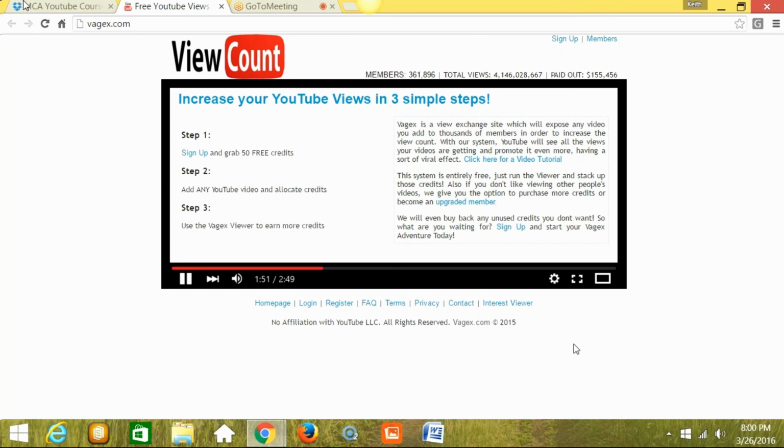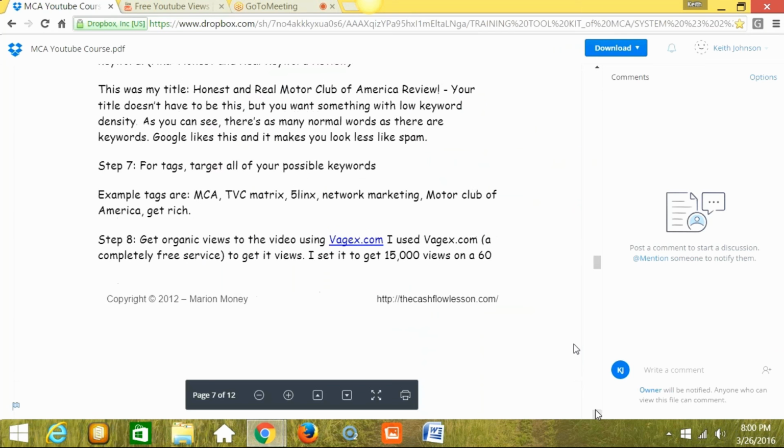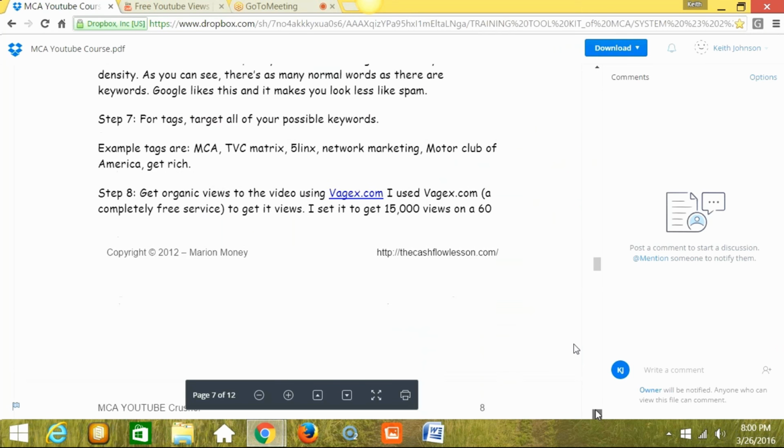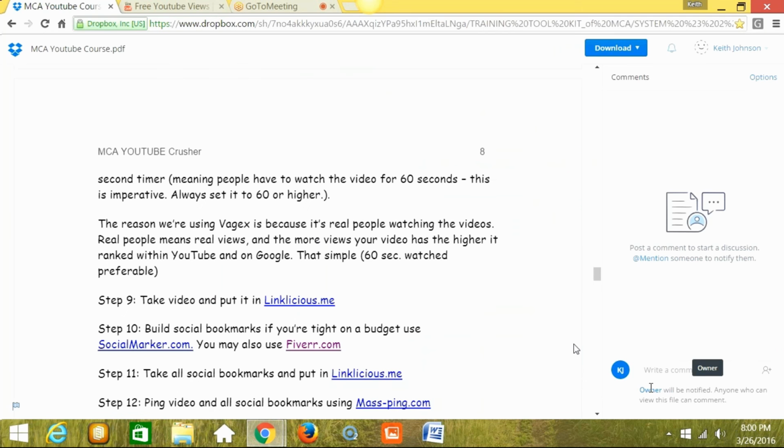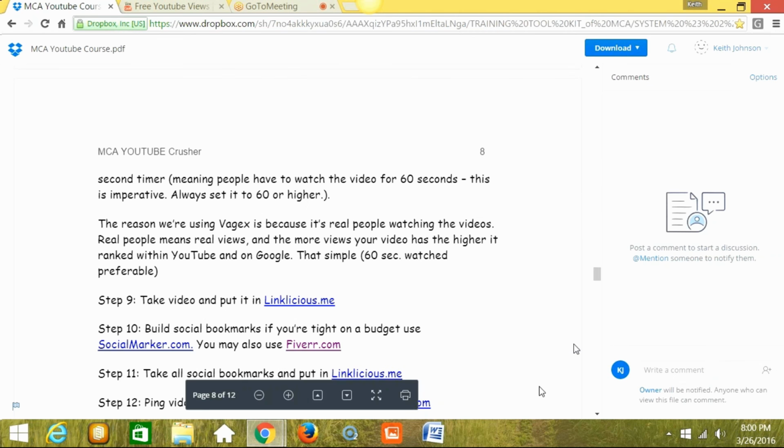And the reason why you want to use Vegas.com is because the algorithm with YouTube and Google has changed. Back like I want to say 2013, 2014, 2015, it was all about backlinks, okay? Making sure that you shared your video, with authentic tags and authentic backlinks to help your video grow to be more successful. But now, in late 2015, moving forward,